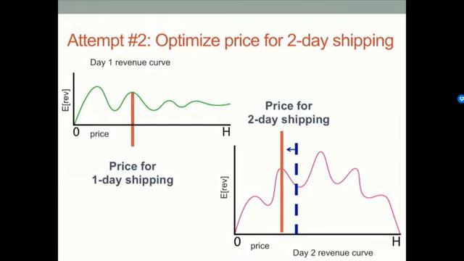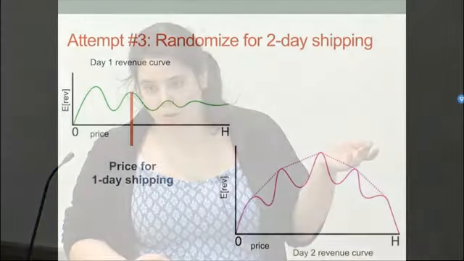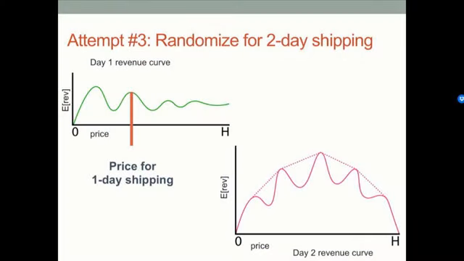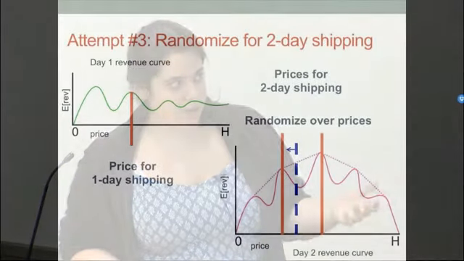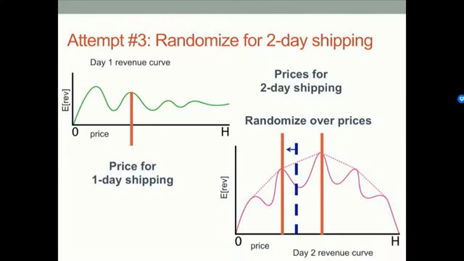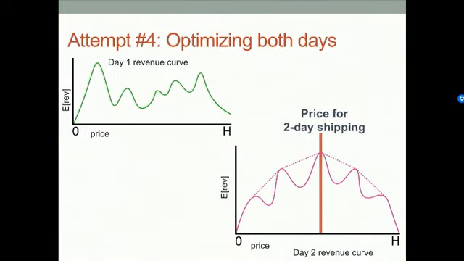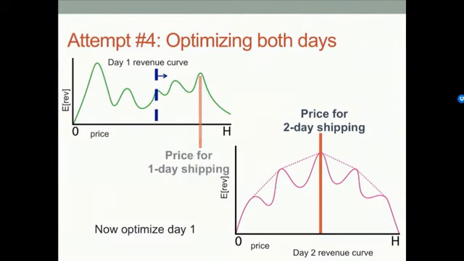And sometimes that's optimal. But also we now know that we can use the ironed revenue curve and implement points on here. And so if you're trying to set a cheaper price, what you can do is you can randomize over those two peaks, and it's still incentive compatible. And sometimes this is optimal too. And sometimes you might do something else where you fix your price on day 2, and then you further optimize on day 1, and that's optimal. So the only point is that this just looks like a messy case analysis. And the point is that we don't want that.